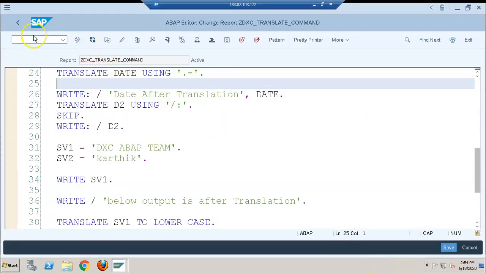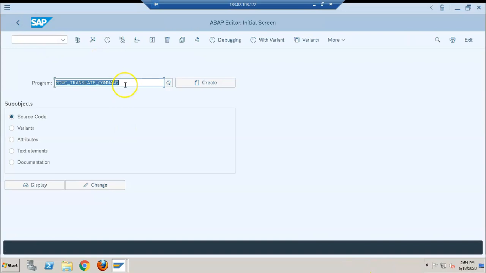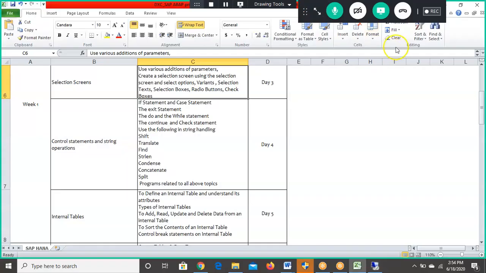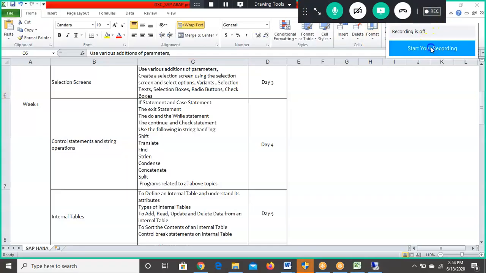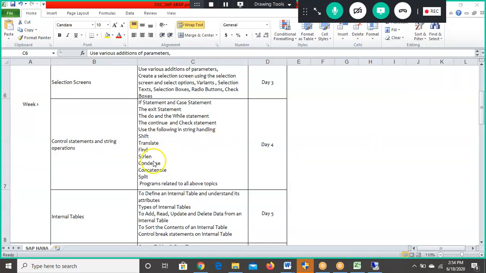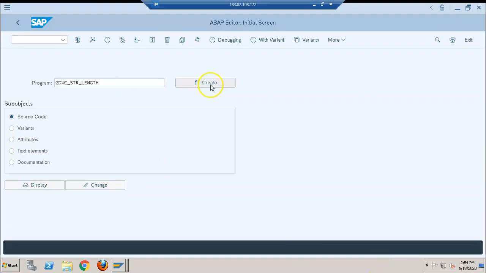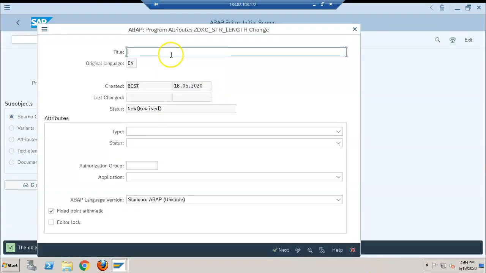For this, let me take a new example, a new program. Now we'll be discussing the string length. So I'm creating a new program to discuss the string length concept.